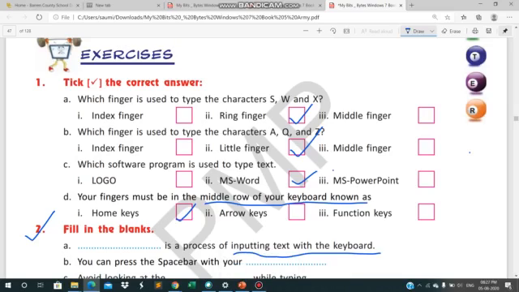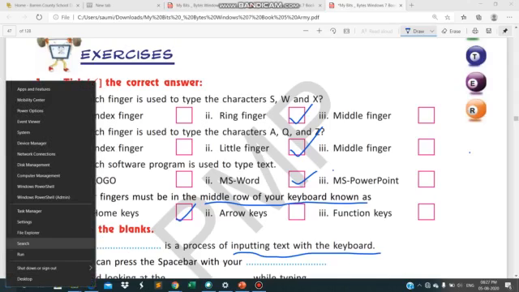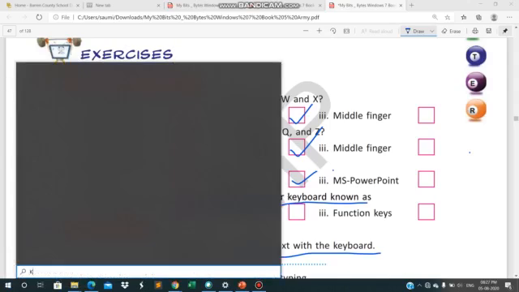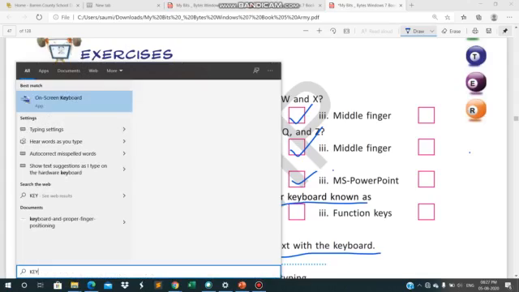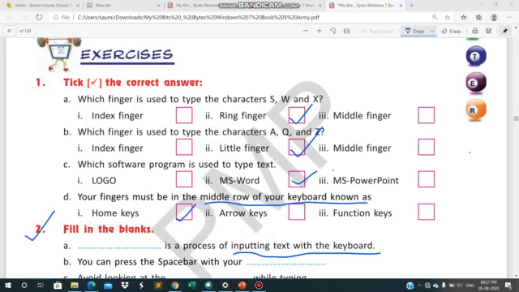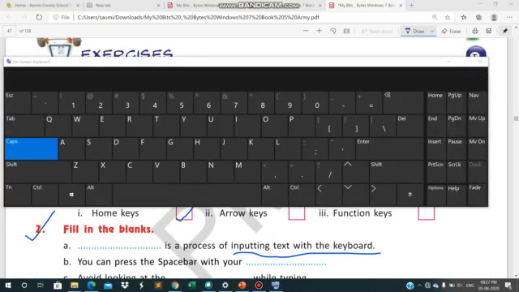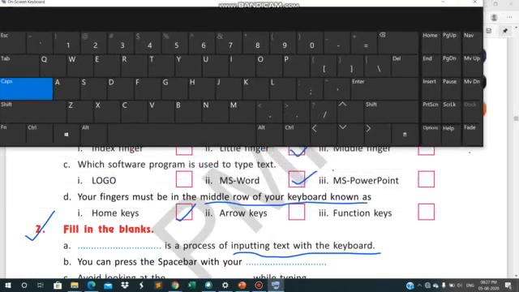You can press the space bar with your dash. Let me open a virtual keyboard for you, then you will be better able to understand. Where is my keyboard? Yes, here it is. So this is my keyboard.